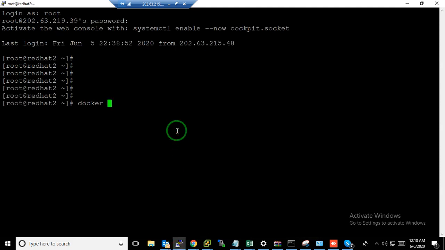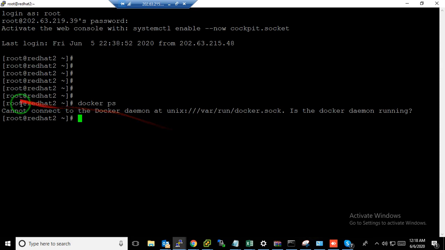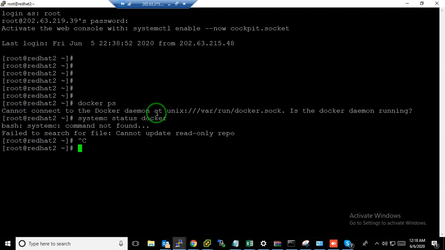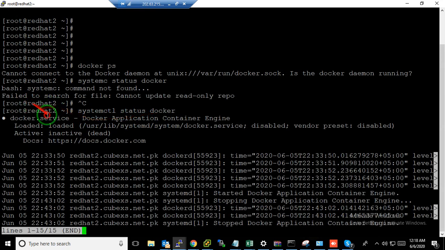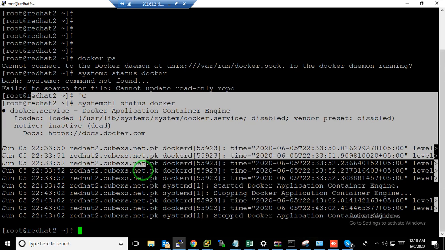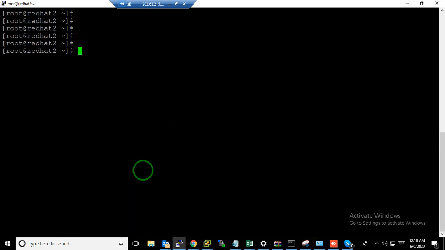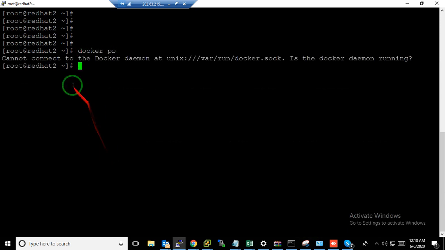On my Jenkins server there is no Docker socket running. Let's check the services of Jenkins, with systemctl. So there is no Docker service running.